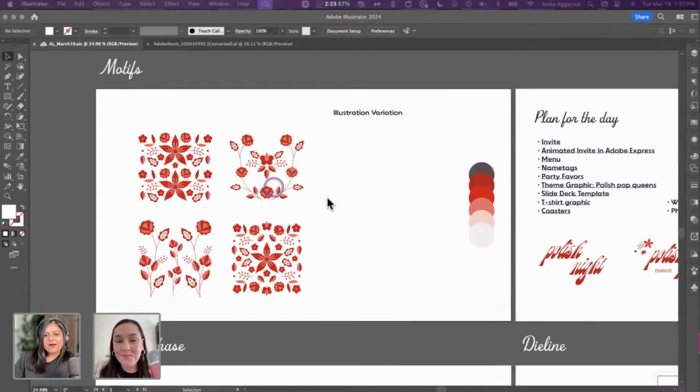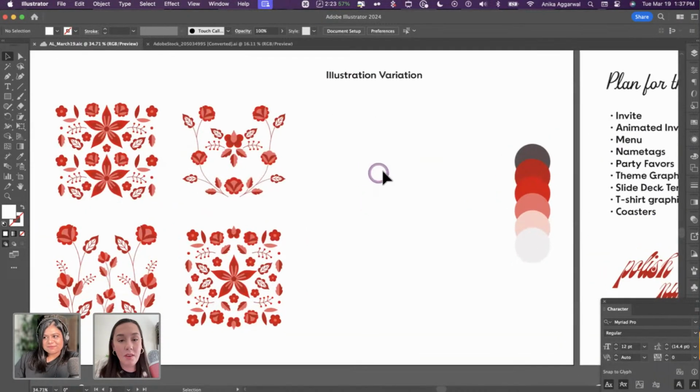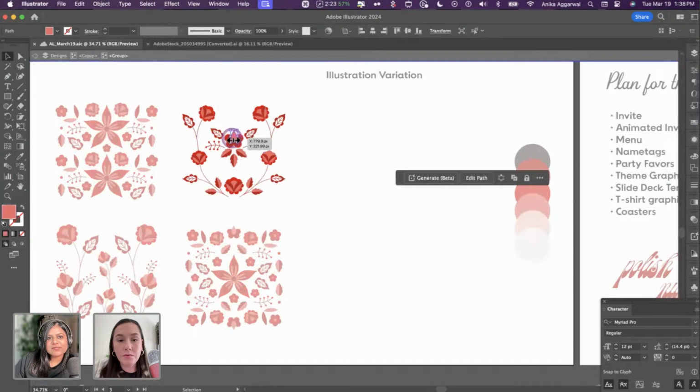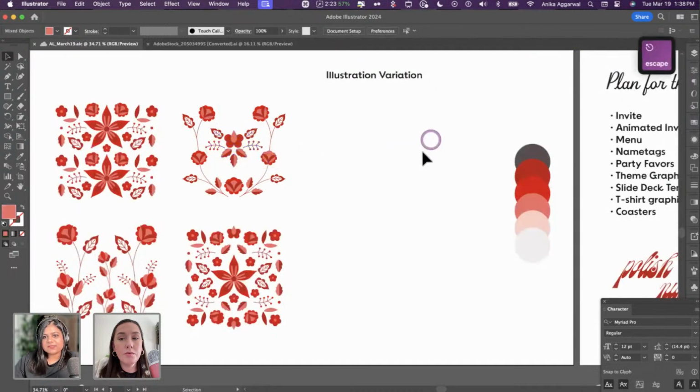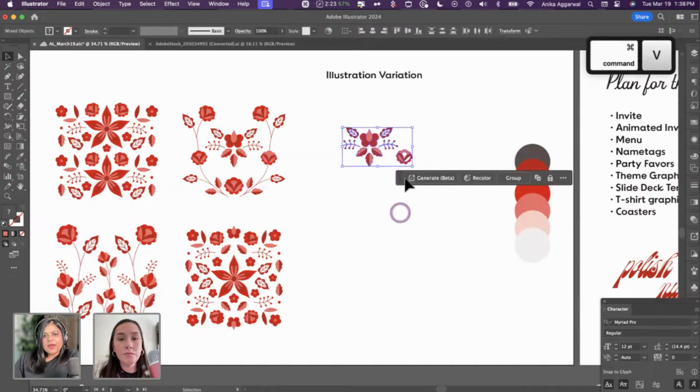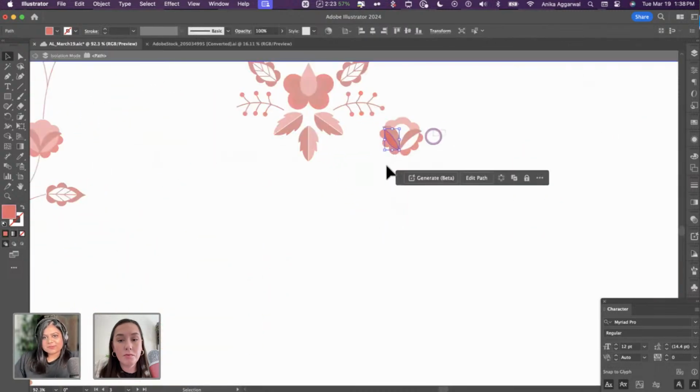Okay, awesome. So let's dive in and create an illustration variation for this. These are all Adobe Stock, and this is a licensed illustration. I just want to pull some of these motifs out because I want to customize it for some of the designs. So I'm going to bring this out here. And meanwhile, if you have any questions, Kristen, I'm happy to answer them as well.